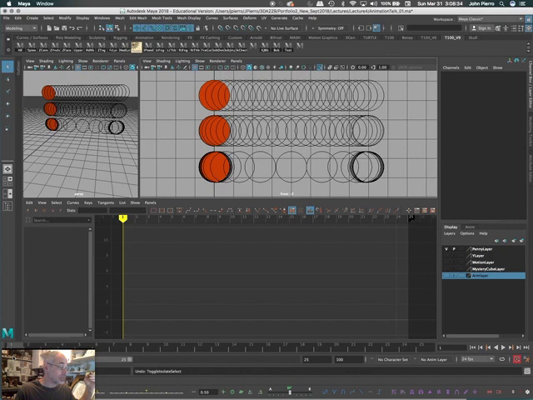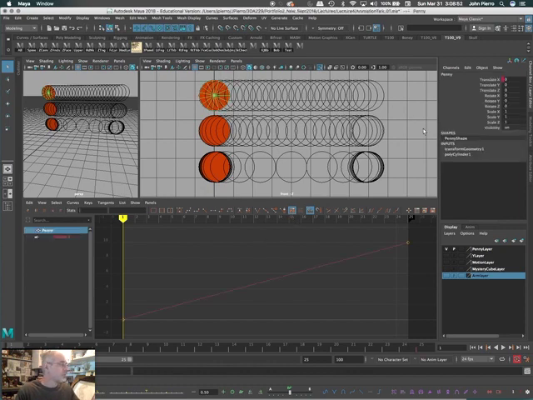Well, that is in essence what the GraphEditor is used to control, is your timing and your spacing, which is the speed of how your character or your actions are moving. So that's where we're going to start. Clarifying the idea of timing and spacing, seeing what it looks like in the GraphEditor and how we control it, okay? So if I look at what we have set up here,